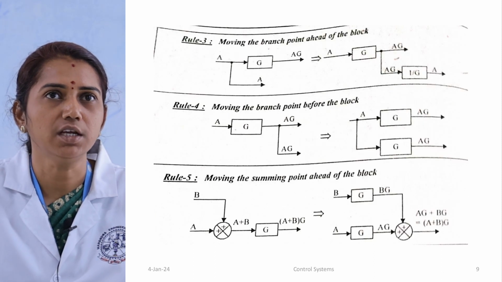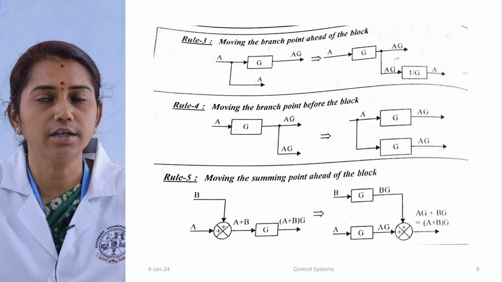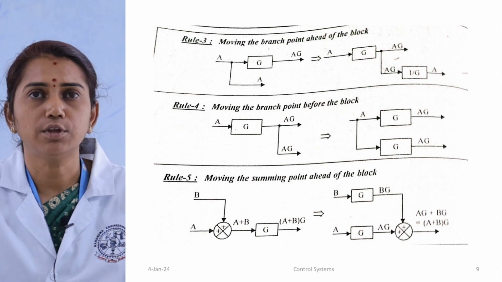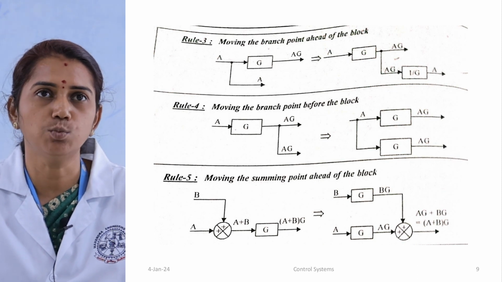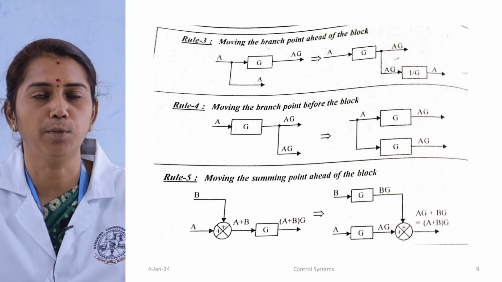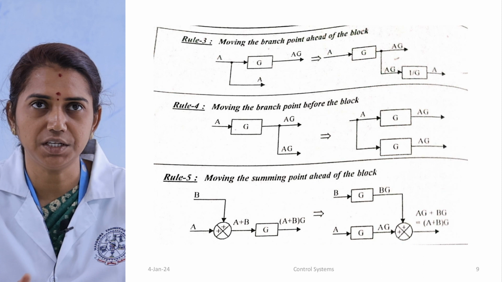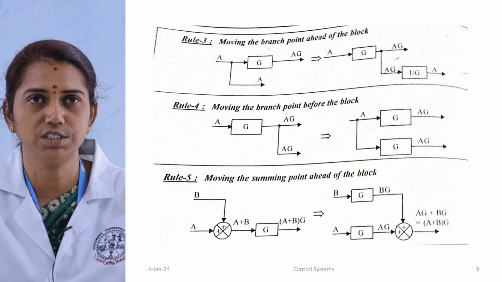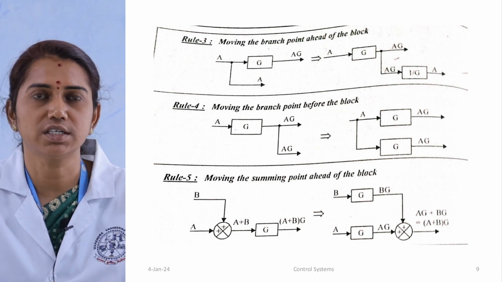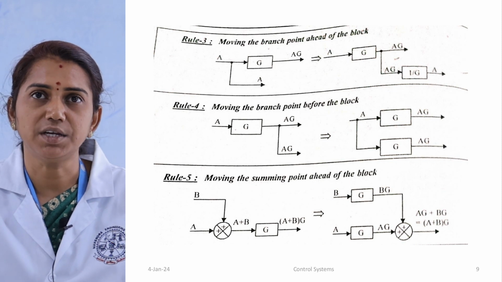Next, rule number 3: moving the branch point ahead of the block. Ahead of the block means we are just going to move the branch point after the block. So here we have assumed input A has been given to the block G. Next we are getting the output as AG. So it has been reduced to,